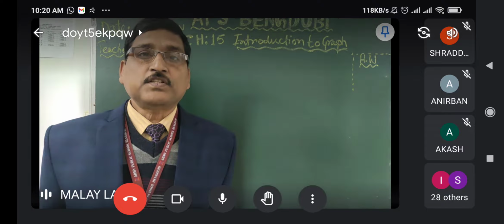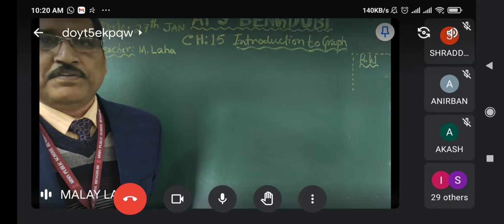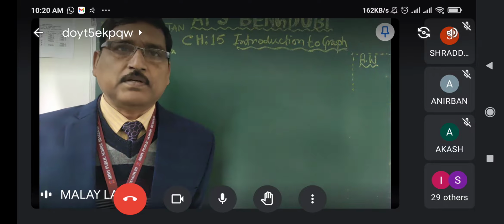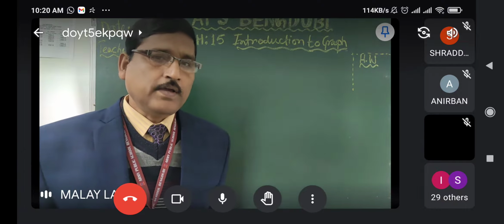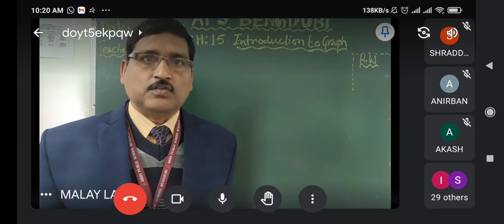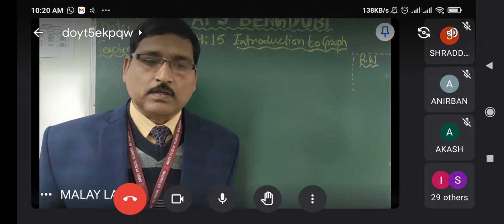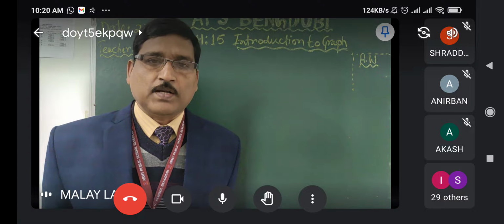Before periodic test 2, I covered geometrical construction. I did not give you a test on it because it is very difficult to conduct an online test on geometrical construction. But I have taught it because it is very much required in class 9: how to draw a quadrilateral using compass and ruler.